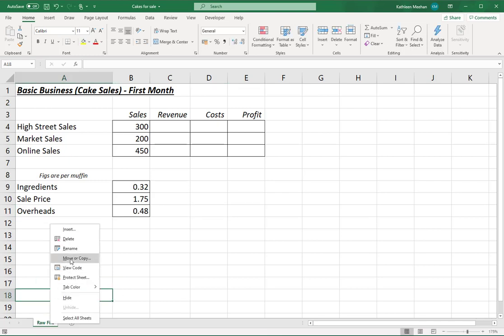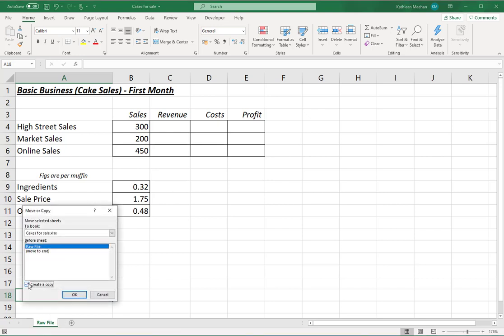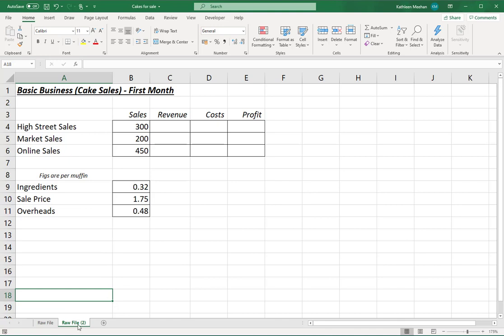Right click, move or copy, create a copy. At the end, OK. Double click on here and I'm going to call this month one figures. Create a name range for the ingredients, which is in here for the ingredients,